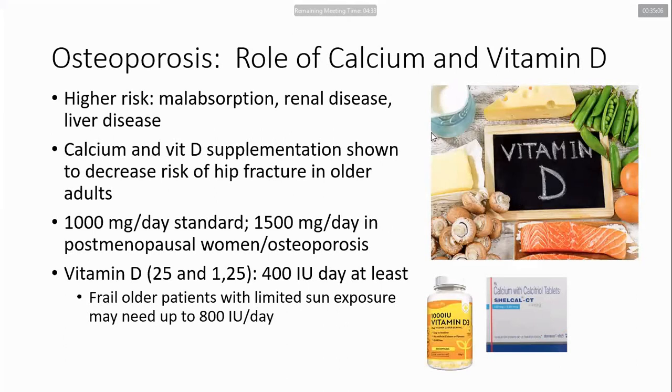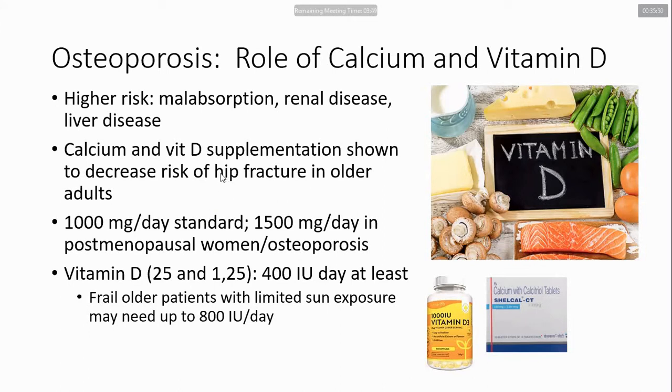So these are the diet which is rich in vitamin D, such as milk products, beans, mushrooms, salmon, cheese, eggs, and we can even supplement them with oral calcium formulations and oral vitamin D supplementation. So the people who have malabsorption, such as ulcerative colitis, Crohn's disease, are quite at risk, even though they are young. And people with renal failure, liver cirrhosis, those are at high risk irrespective of the age. Okay, so the normal intake would be, you should be supplementing at least 1000 milligrams of